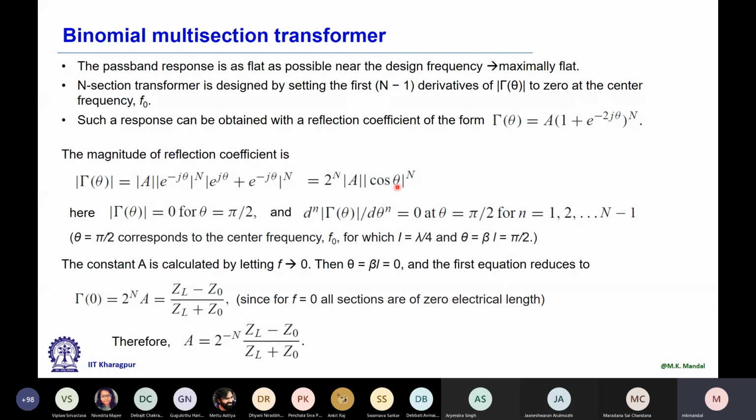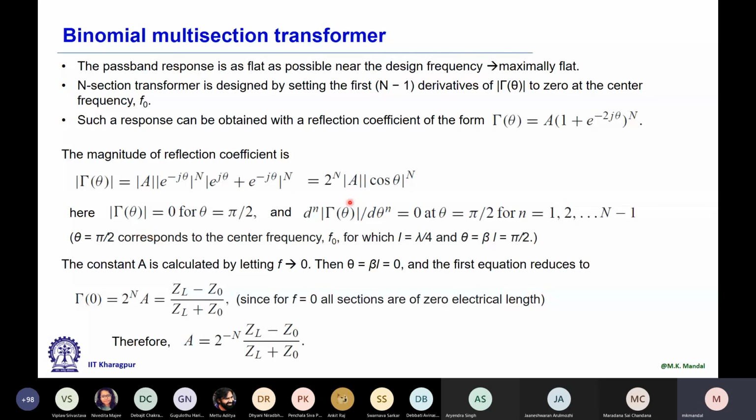Well, so you see then theta we have to take 90 degree. Otherwise gamma theta is not 0. 90 degree and its odd multiples also work, but we want to keep the dimension small, so we are not going to higher values. So we take theta equal to 90 degree. Now theta equal to 90 degree, then what about the physical length at design frequency? We can represent in terms of lambda. You recall theta is equal to beta into L. So length L should be lambda g by 4.